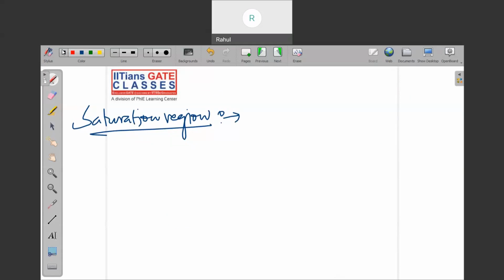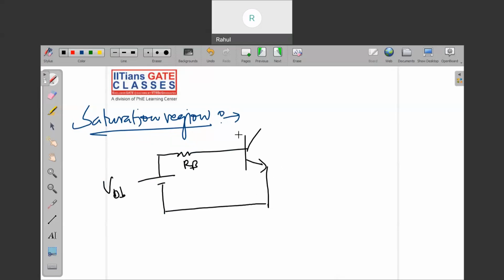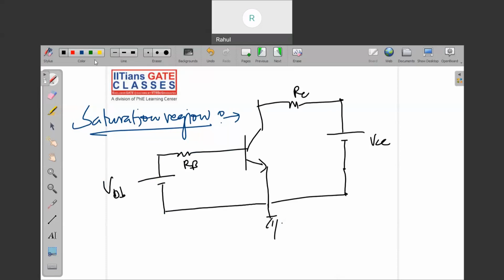So again, the same story here. I'm taking the common emitter configuration. This is RB, and there is a supply, VBB. And there is an RC and a VCC to power up the bipolar junction transistor. We are using a single supply right now. So in case of saturation,